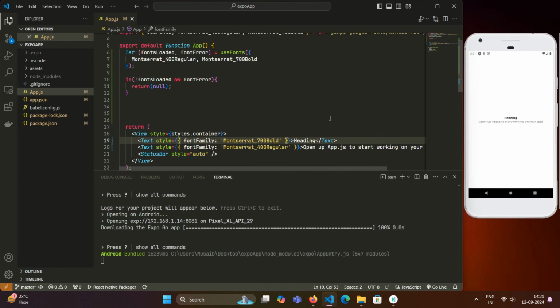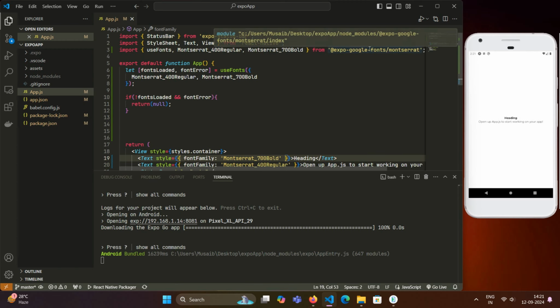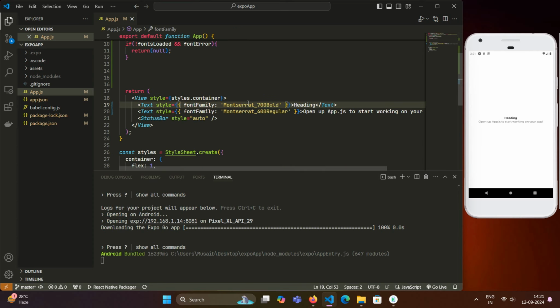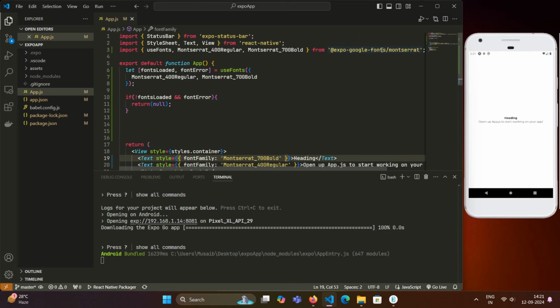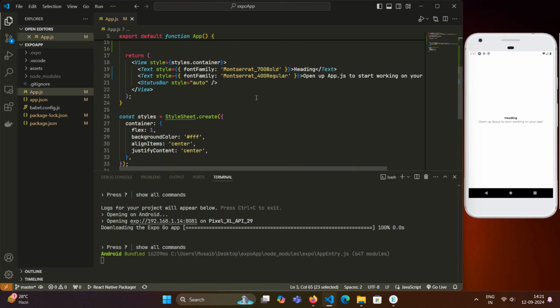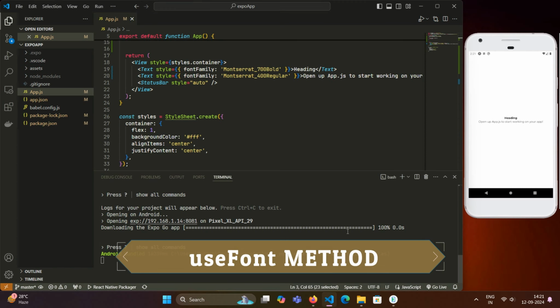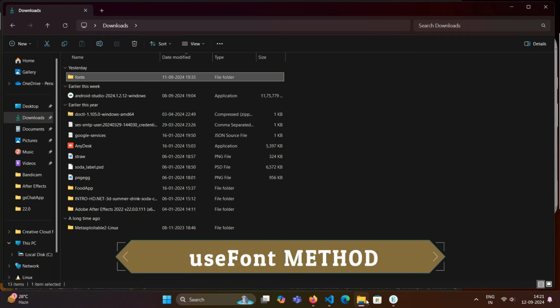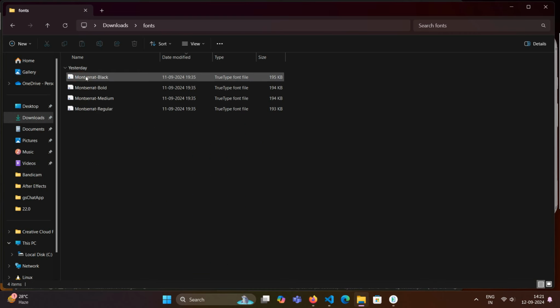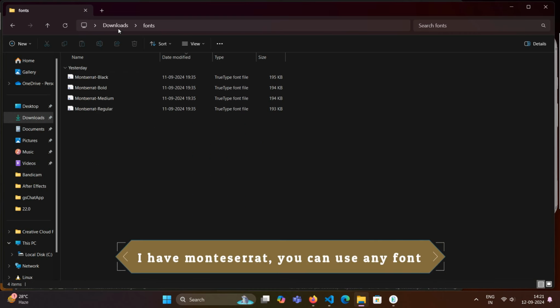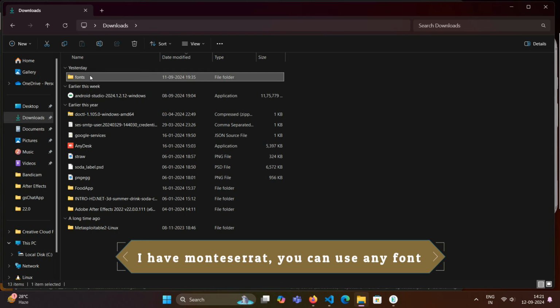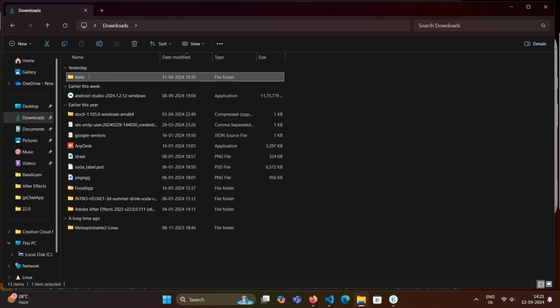So this is the case if we want some Google fonts in our app, we can use them directly with this Expo Google Fonts library, and we can easily implement them. Now if we have some custom fonts, for example we have downloaded some custom font, we can also implement them. For example, right now we have these fonts in this fonts directory. What we will do is